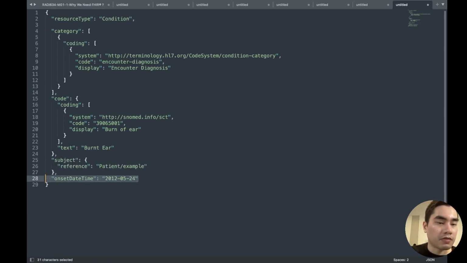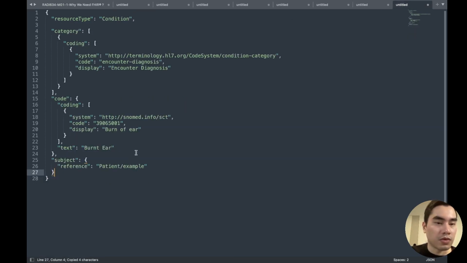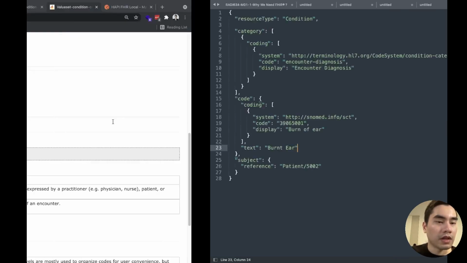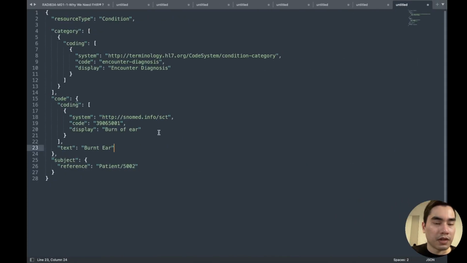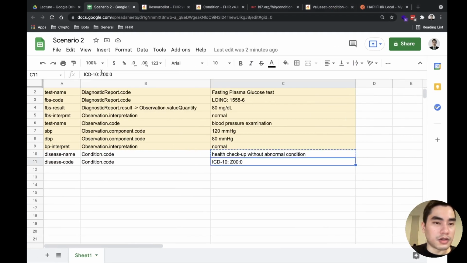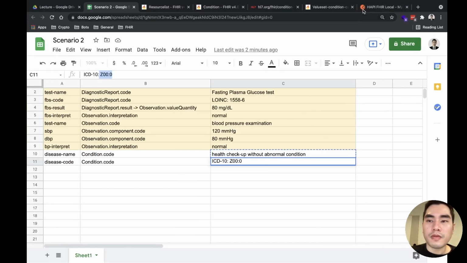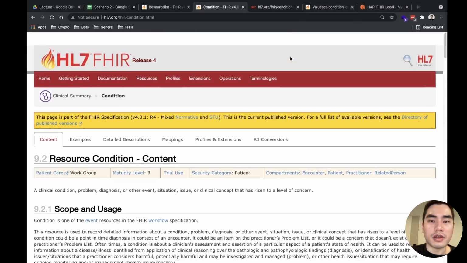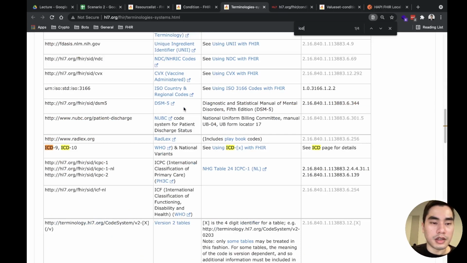Subject, yes, we know. Subject is this guy, 5002. And the diagnosis is the normal condition. We can put it here, and this is the ICD code. We have to see here the terminology, ICD-10.